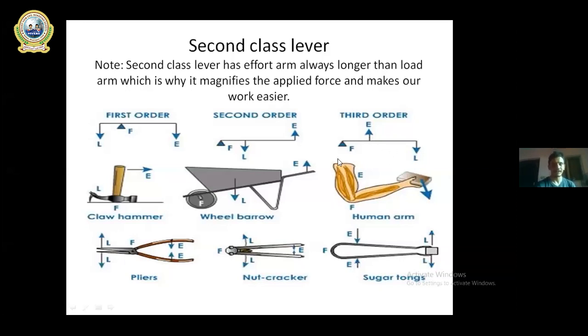And if you talk about second class lever, this is wheelbarrow. You might have seen this one. It is usually used in construction, to carry construction materials like sand, cement, brick. It is called wheelbarrow. So at this place, we put sand or we put load. This is where it is written load. So load lies in between. This is called fulcrum. This one is called effort because we hold it. This is handle, so we apply force at this point. So load is in between fulcrum and effort. So this is second class lever.